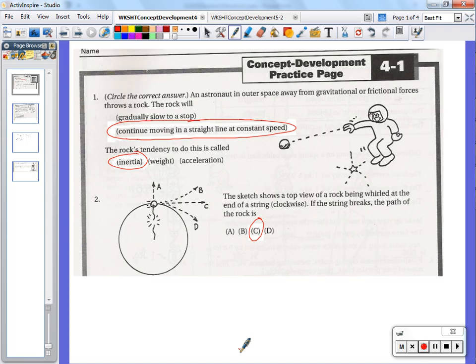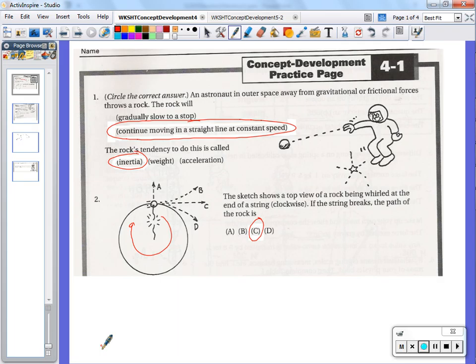All right, in another example, the next question on the sheet, concept 4.1. You take this rock, tie it to a string, and swing it in a circle. We've discussed that as this rock is moving in a circle, it is constantly accelerating, right? Because it changes direction. But that happens because the string is attached to it, and the string is applying a force. Any acceleration requires a force. If the string breaks,